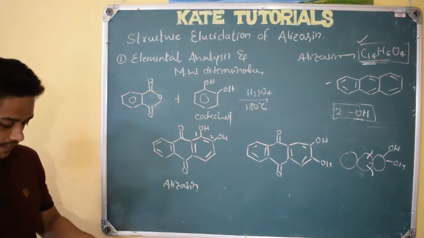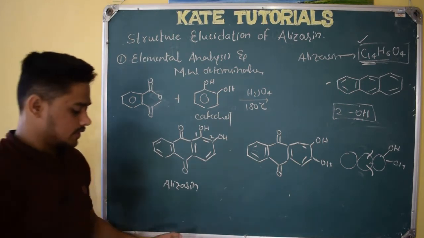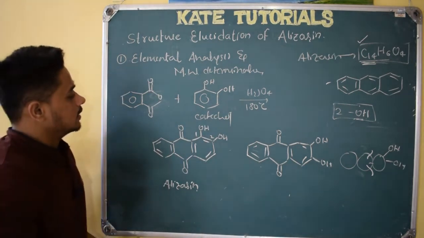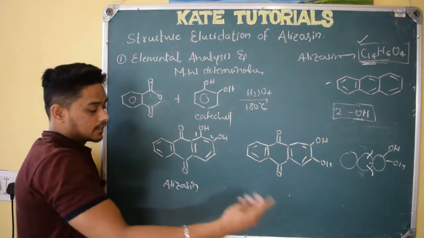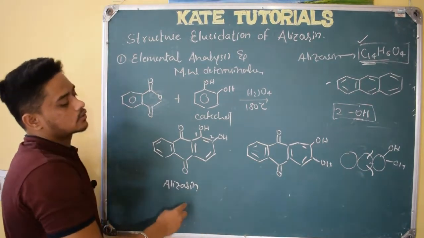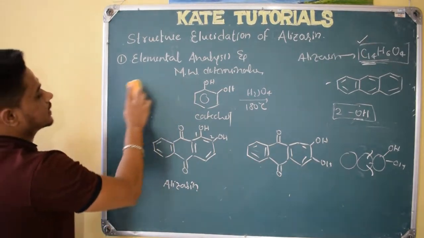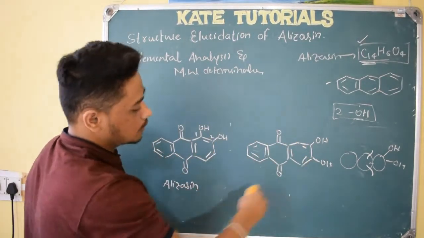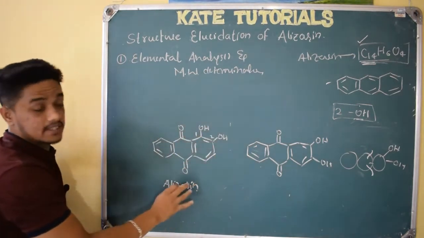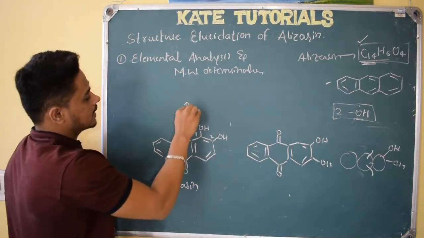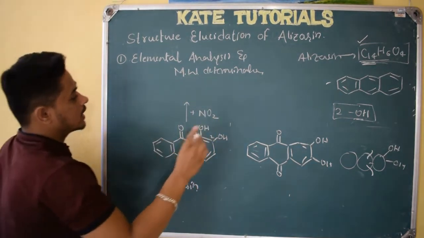They asked a few of the scientists. So some of them agreed that this is the structure of alizarin, but other scientists told that it is not. It can also have this structure, right? So the next thing the scientists did was take both products. First, from that reaction they got alizarin. To this alizarin they did simple nitration, right? So they got these products here.